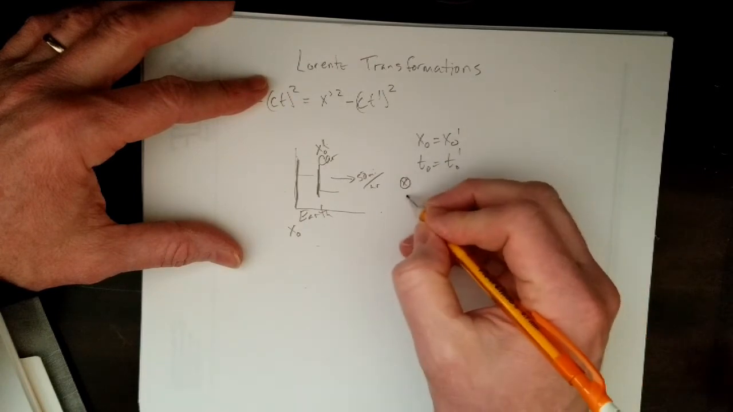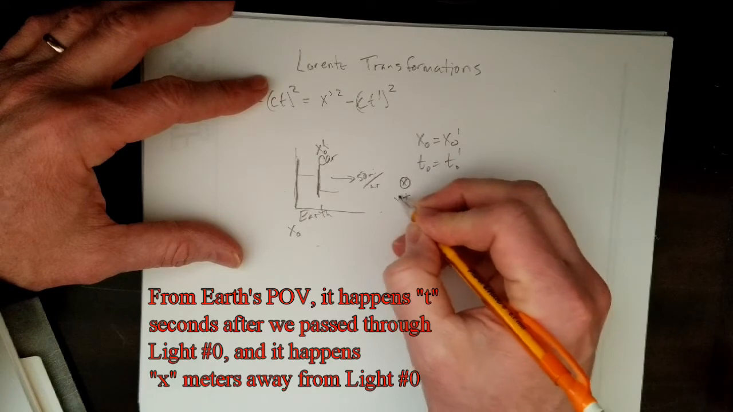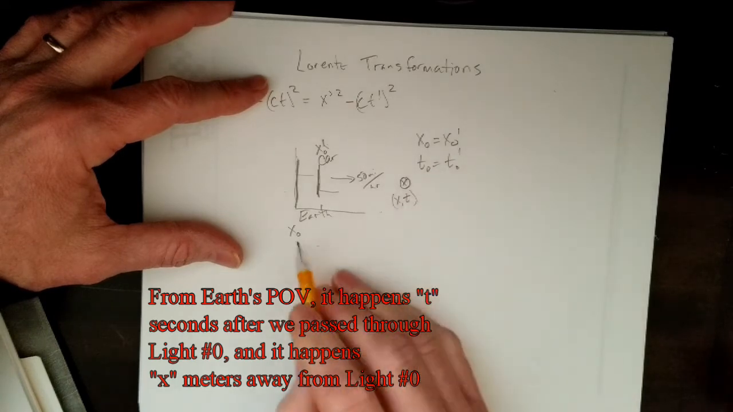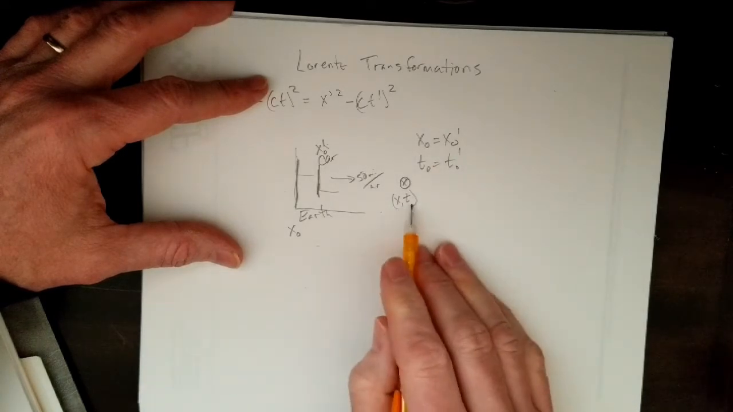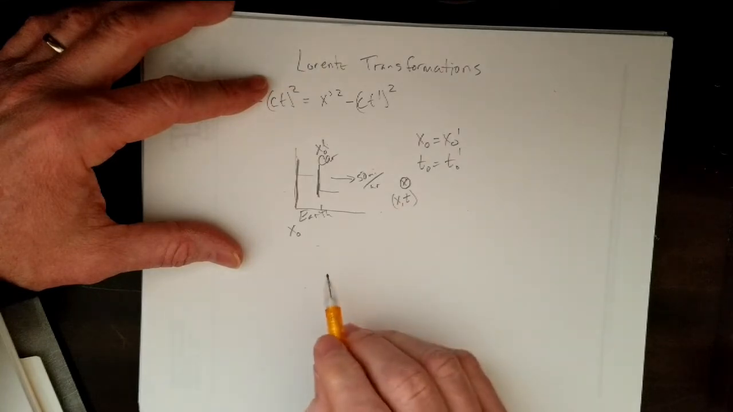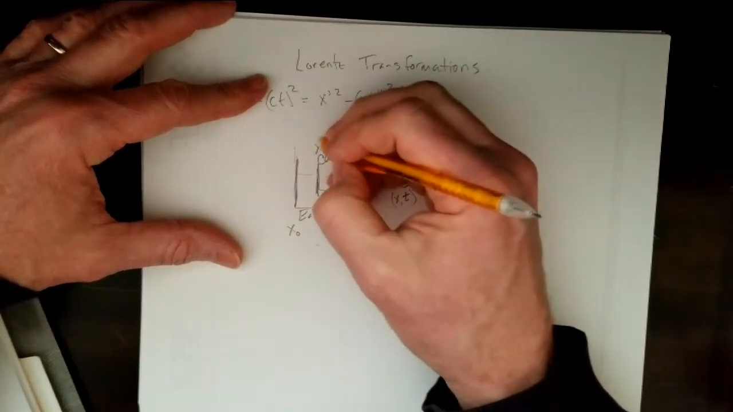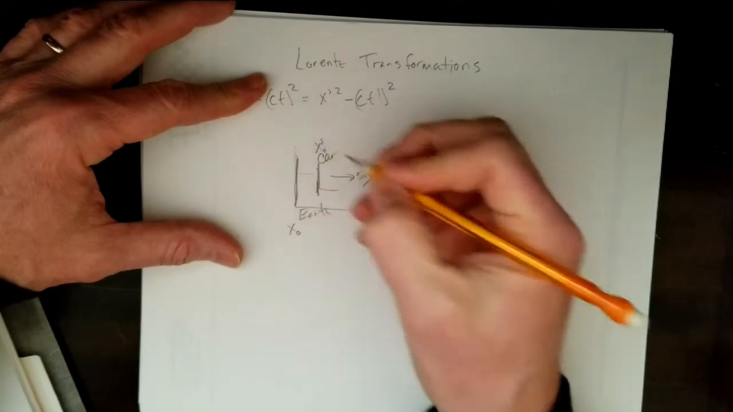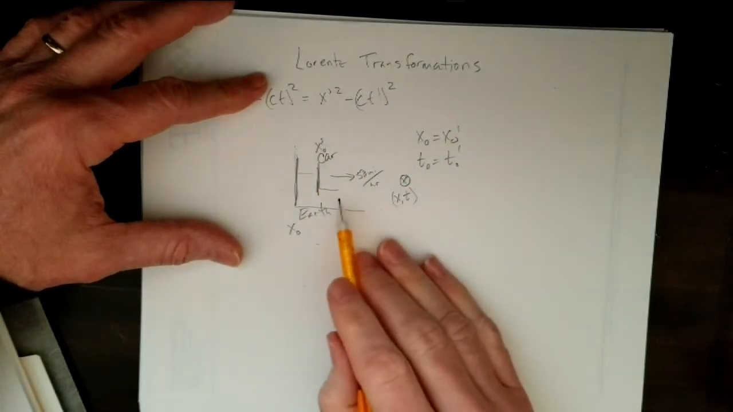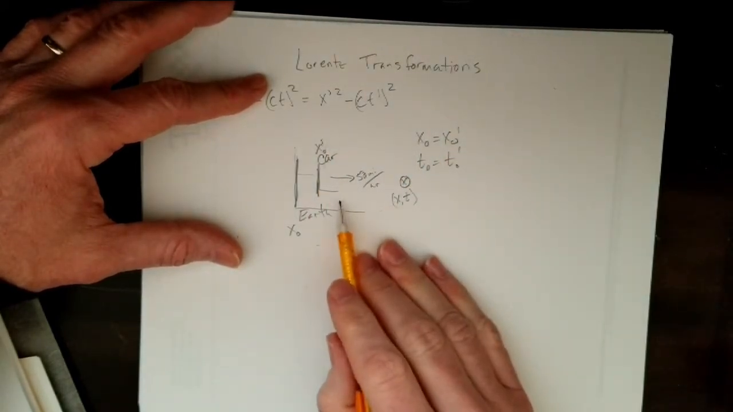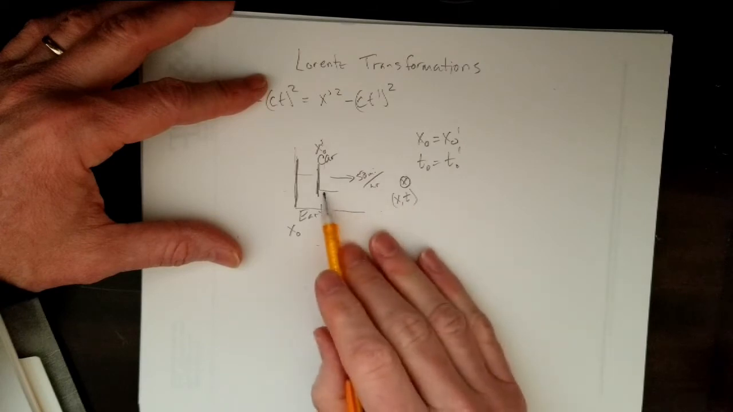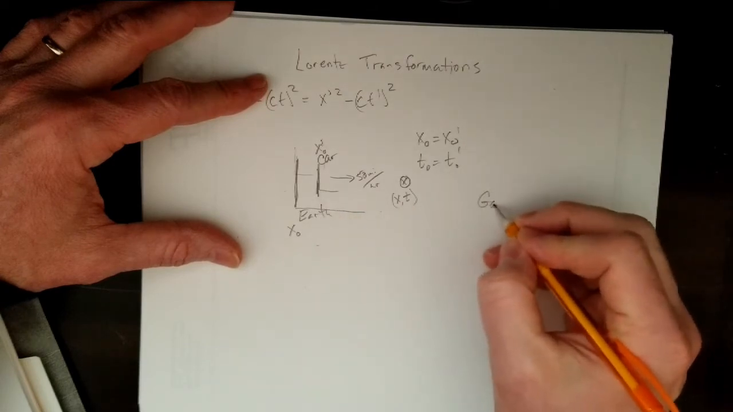at some time t in some position x. So from the Earth's point of view, it happens at some position x and some time t. And my prime is looking a little less prime there. So what is the position and time from the car's point of view? So if we look at Galilean relativity,